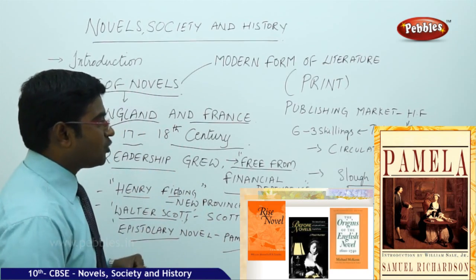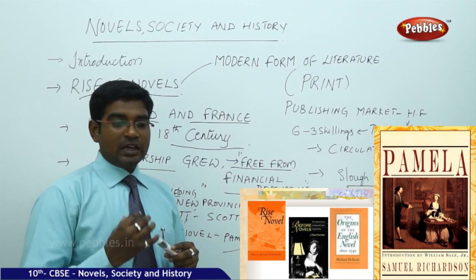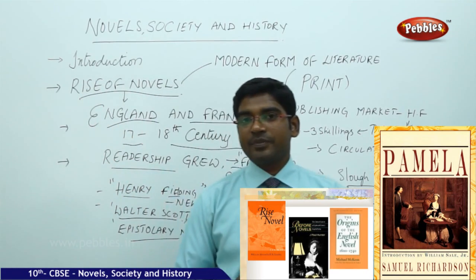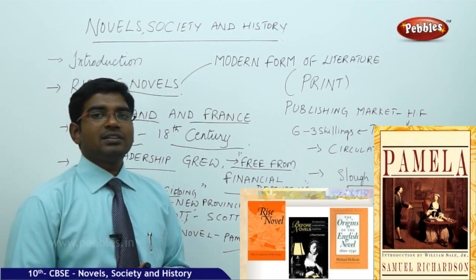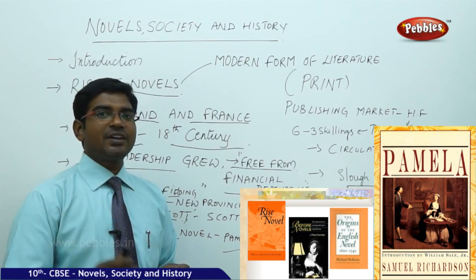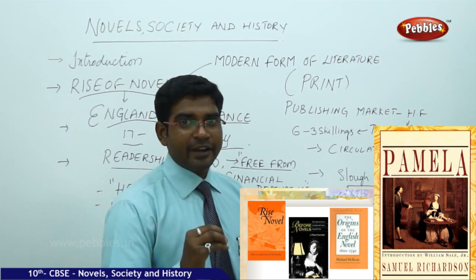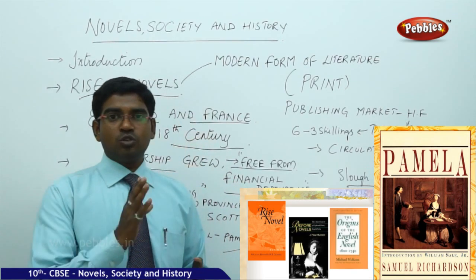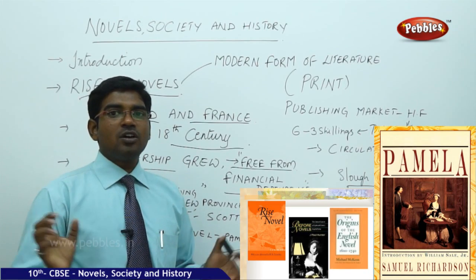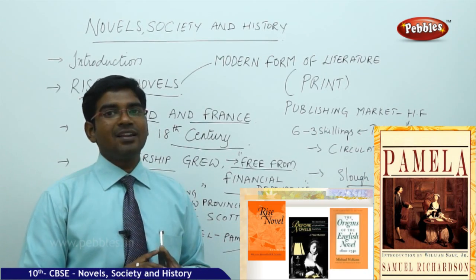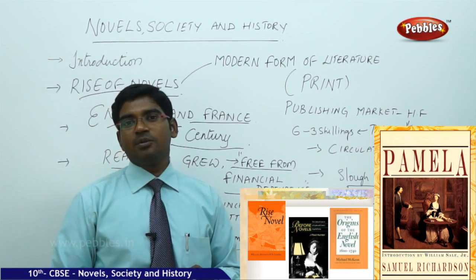How fast it connected with people is this: as we all know, in cities and towns we have libraries, but in villages it was a very difficult task for people to read books. So whoever liked the book would read it, carry it to the village, and read it in a gathering, in a place where four or five people could listen and understand. That is how publishing reached larger sections of people.